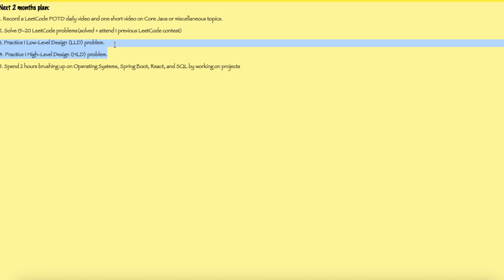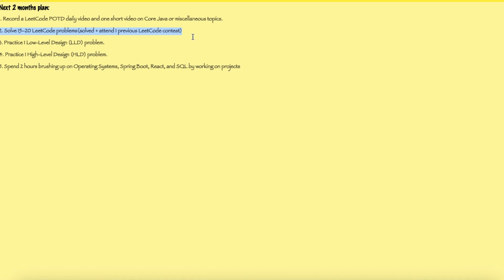So I'll make sure to practice at least 10 to 15 problems for LLD and HLD. I'll make sure to cover the books, right? Alex Xu, I think part one I actually read back in time, and I thought that at any point in time if there is an interview going to happen, I'll quickly brush up on all those things. But I think I should be consistent enough on a daily basis to go through these things. So yes, these things may take some time on a daily basis, but apart from this, I think this will take